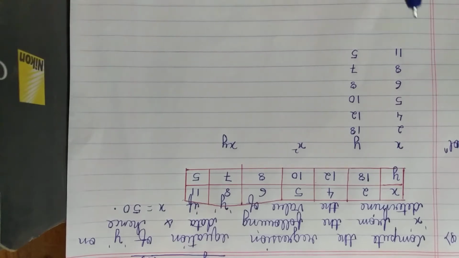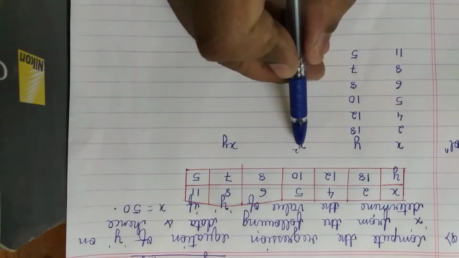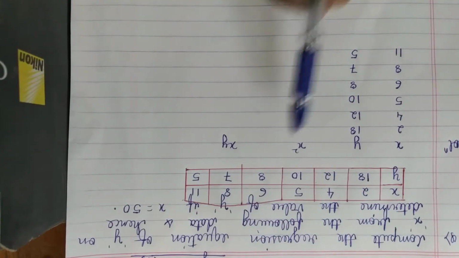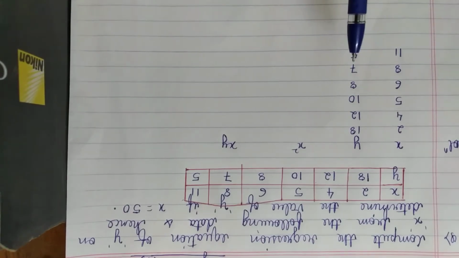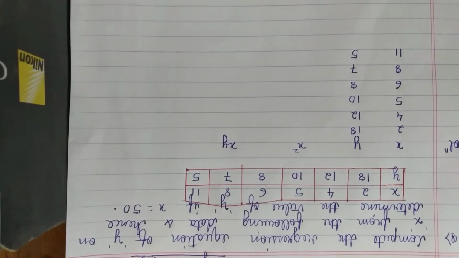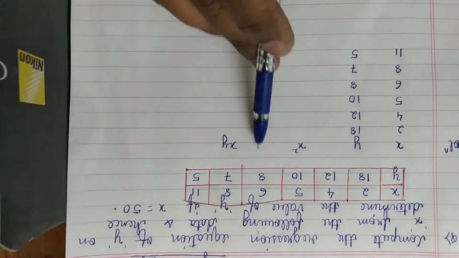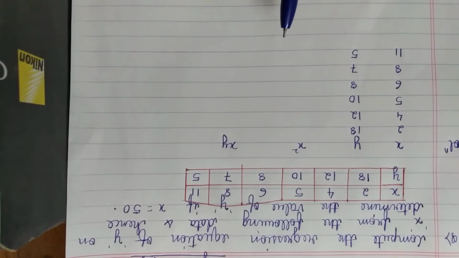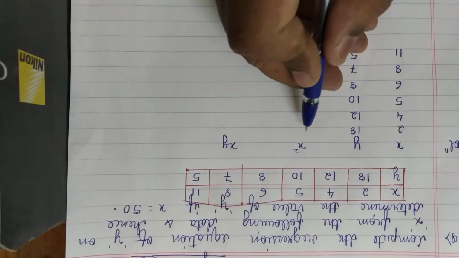If x on y were asked, I would have taken only y square. If they would have asked both, I would have taken both x square and y square. If you want you can find out both x square and y square, there's no problem in it. In this you will only be wasting some 5 minutes finding out those things. Okay, now let us find x square.